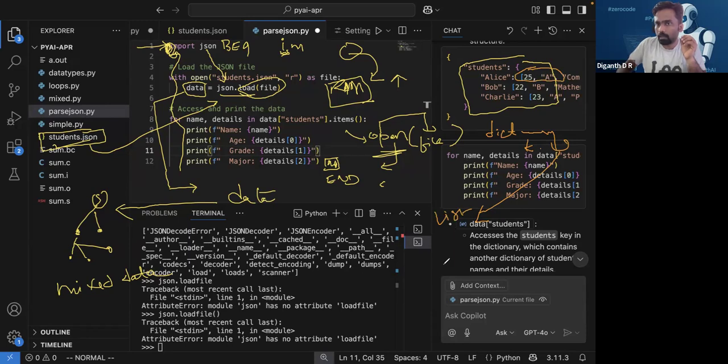So this is a list, and within that list, what do we have? We have an integer, which is 25. We have a string, and we have one more string. Okay, so this is how the nested data type is represented in this particular variable, which we have just loaded in data. So now that we have converted a file to a mixed data type,